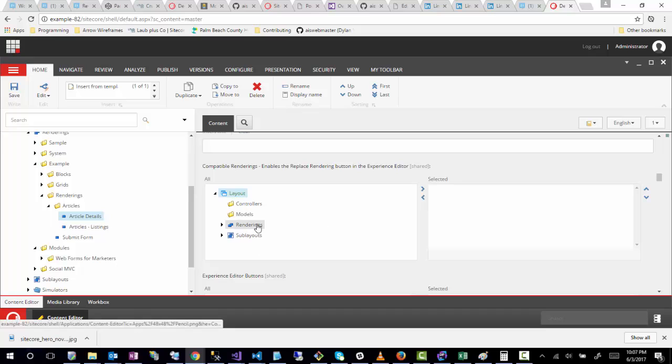So if there's renderings that are similar to this article display, meaning really that they use the same type of data, is really what this means. So if you had two content blocks, but they visually look different, and maybe visually the HTML within those blocks are actually different, but the data that is being pulled into them is exactly the same,